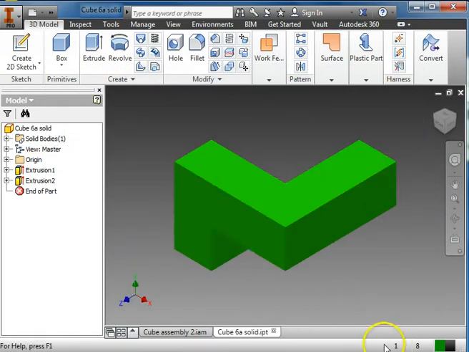Okay, so that's our first one done. I want to demonstrate why we're having to do this before time runs out, and get your first part on the drawing sheet. So let's see. I'm going to open up